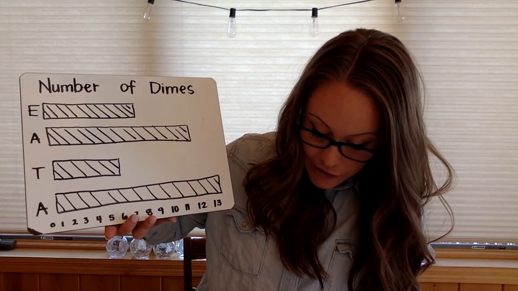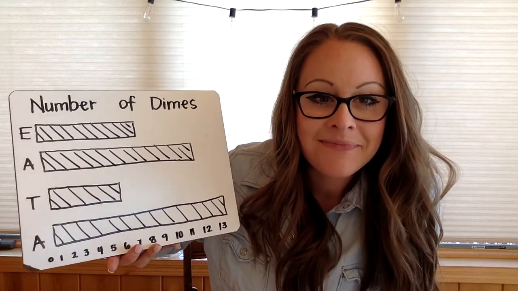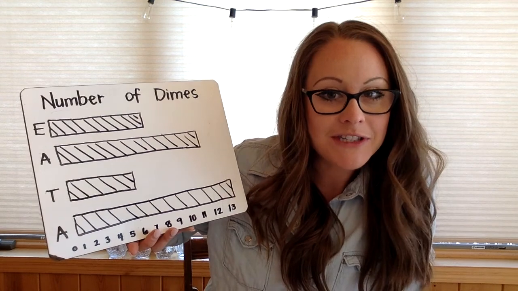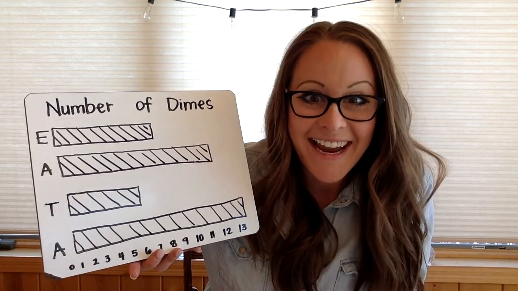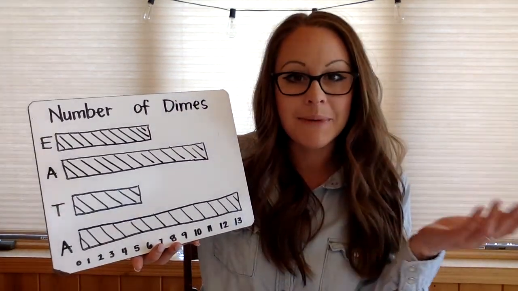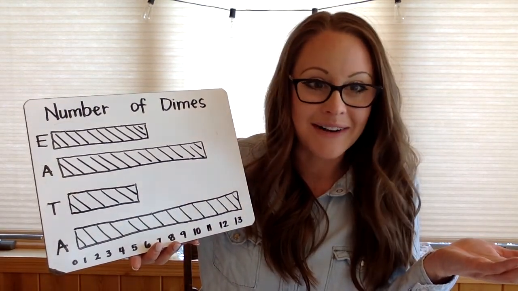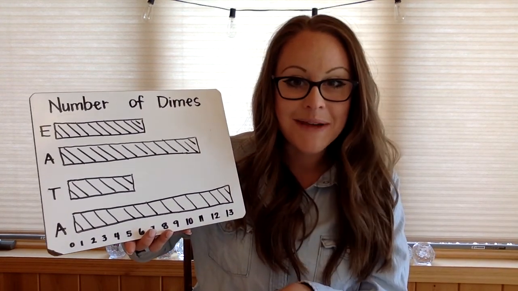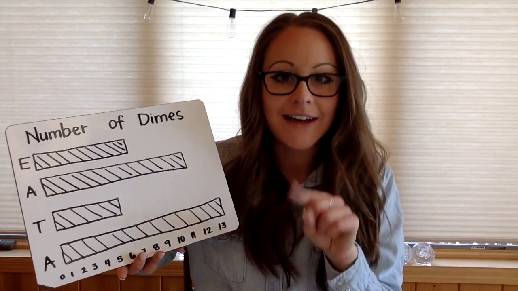So Andrew and Thomas. Andrew had 12, and Thomas had how many? 6, right? So what's 12 plus 6? 18. So which one is going to be the bigger one? Probably not Andrew and Thomas, right? 21 is way higher. So on your piece of paper, you are going to circle Emily and Ava in the